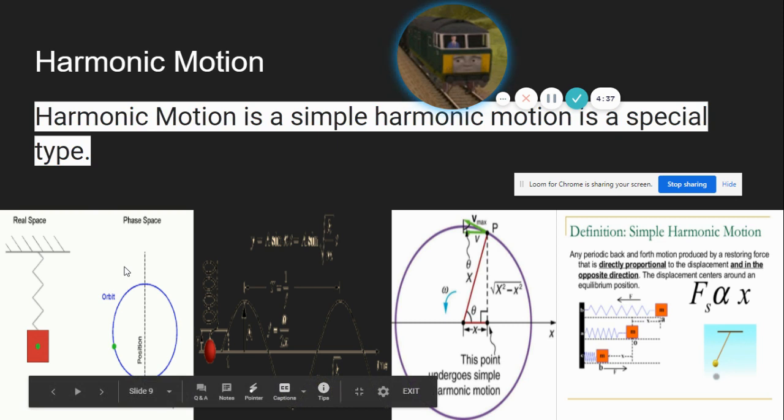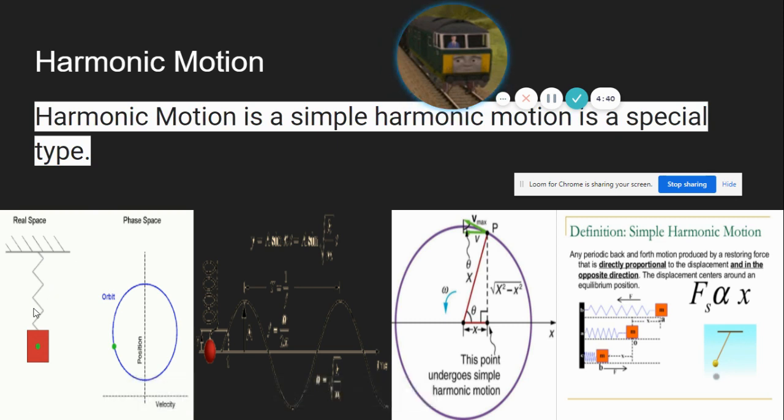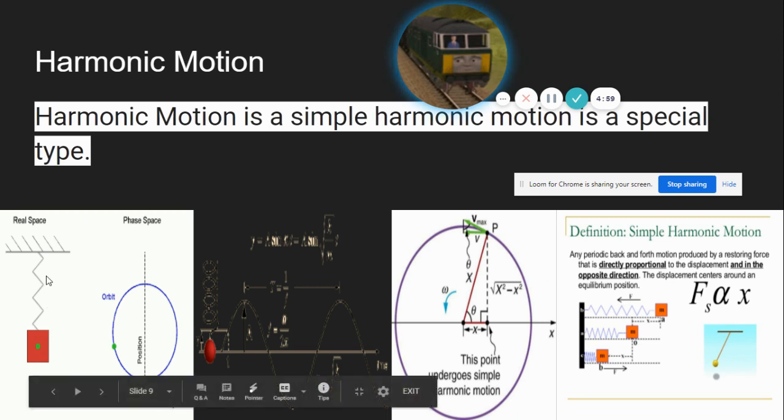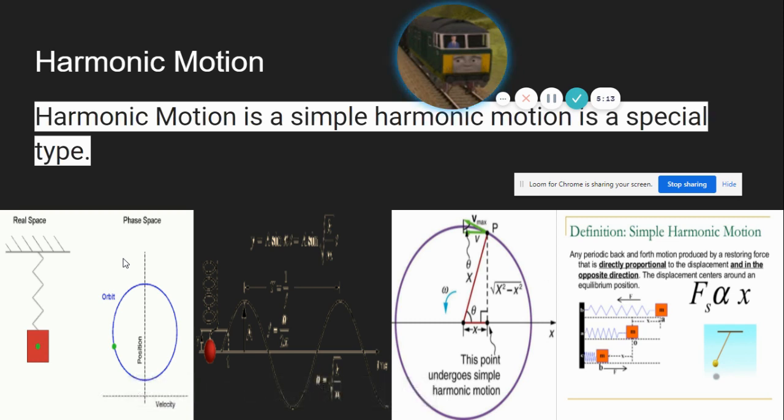All right, so the real space is what it's been represented as. If you look at this zigzag line, it looks like a bridge, but it's not. It turns up to a bridge, and it also turns down to this bucket with a hole in it. So the phase space is actually the orbit line or orbit circle line. So the green dot is actually